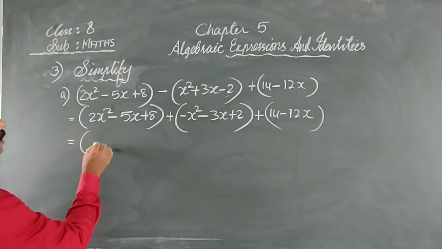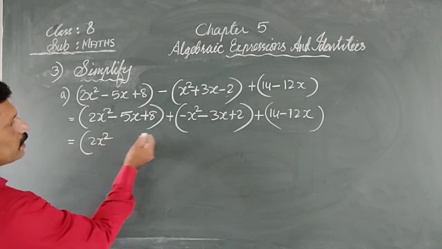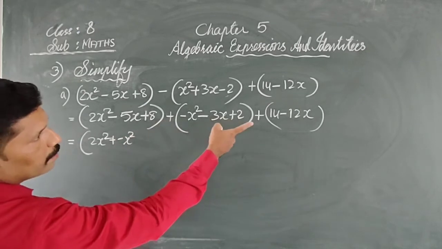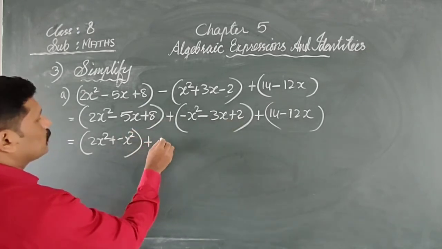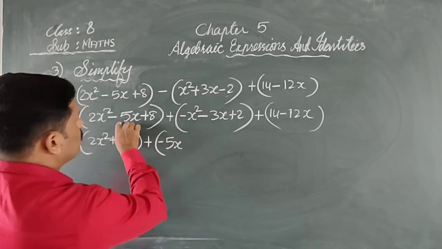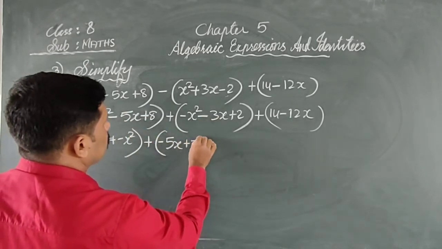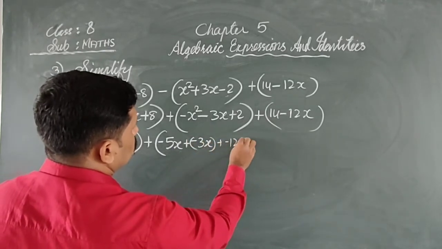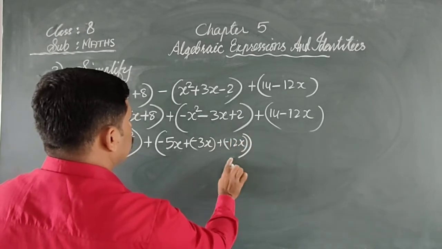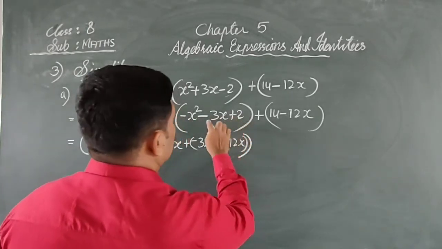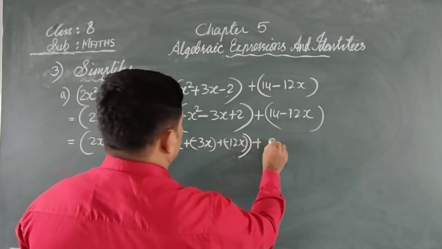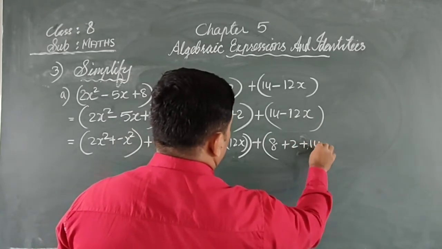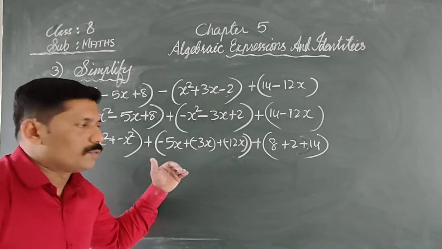Okay, first 2x square. Any other x square there? In this number also 1x square, plus negative x square. Then another number, x square is not there, so we close it. The next, negative 5x. In the first number negative 5x, here negative 3x, minus negative 3x. Then there also plus negative 12x. So these are the like terms here. And next, constant, plus 8 plus 2. In this number, okay, 14 is there, plus 14. So each like term we grouped together.